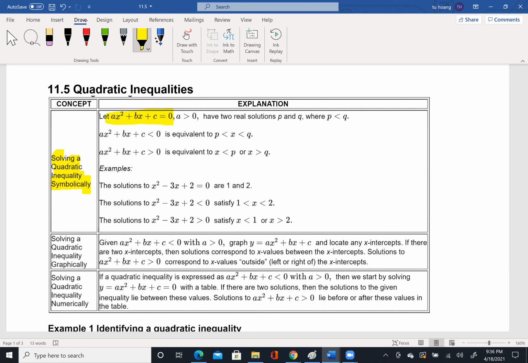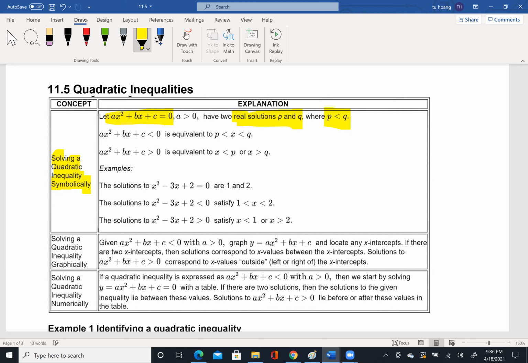In this form, for a greater than 0, in order to have two real solutions, P and Q, I mean, for this equation, right? When you consider the equation ax squared plus bx plus c equals 0, if it has two real solutions, P and Q,